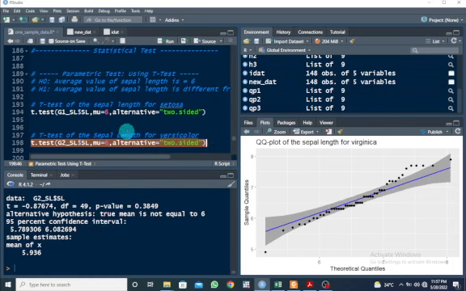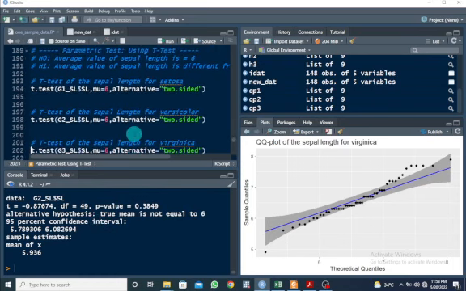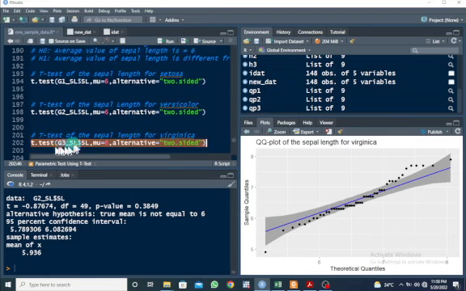Okay, so let's check for that of Virginica. So t-test of the sepal length for Virginica. So that's the data for Virginica. Sepal length is the variable. Then my hypothesis value is 6, alternative two-sided. So let's run this. In here, the test statistic is what we have here. Degrees of freedom, p-value is